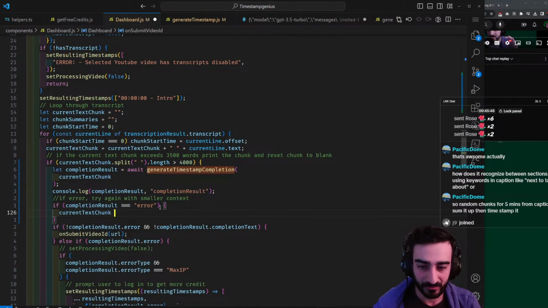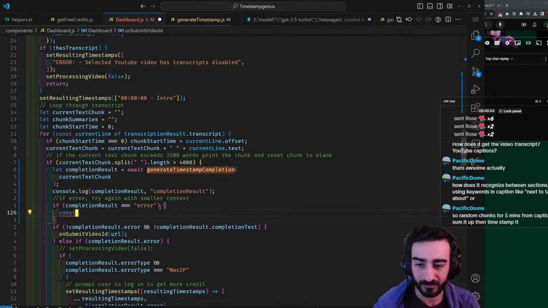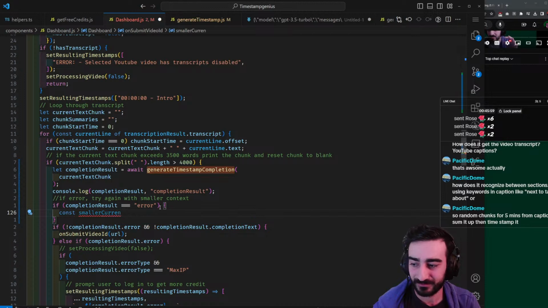Okay, if completion result equals error, so we're gonna take the current text chunk. We're gonna actually make a new thing called smaller current text chunk equals